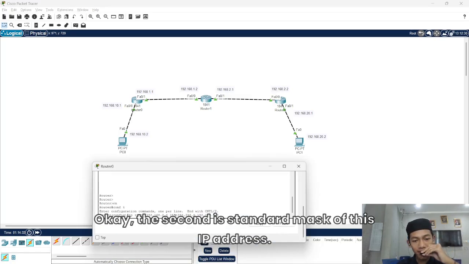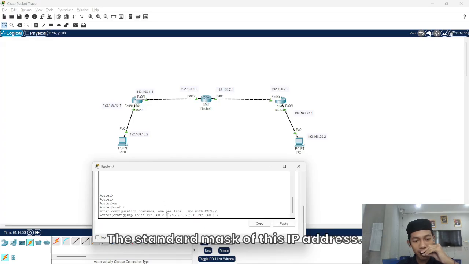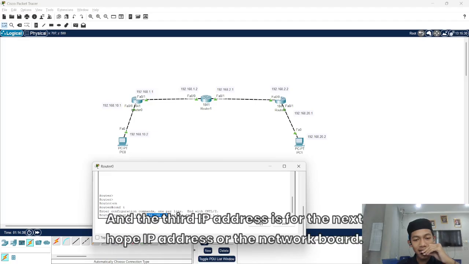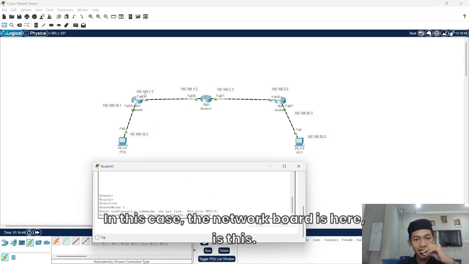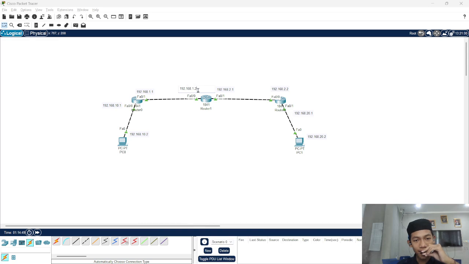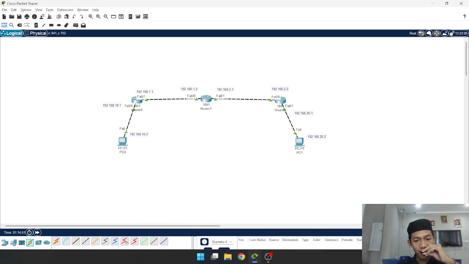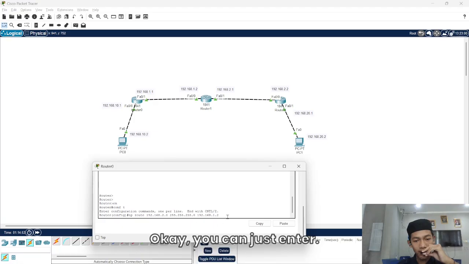The second is the subnet mask of this IP address, and the third IP address is for the next hop IP address, or the neighbor. In this case, the neighbor is this one. Okay, you can just enter.